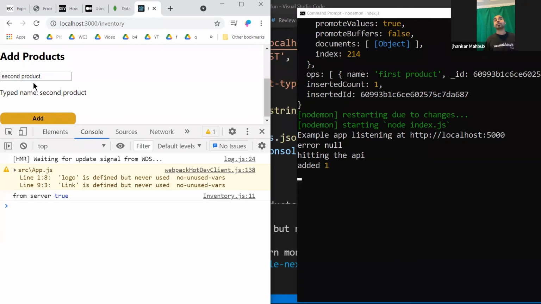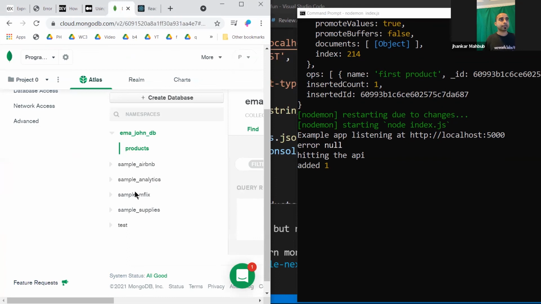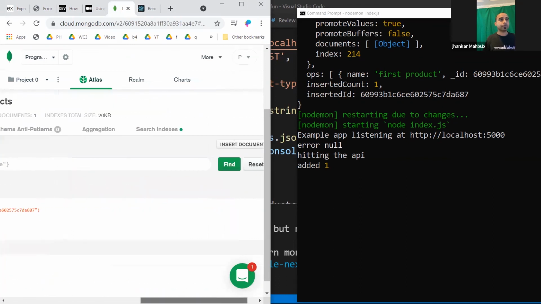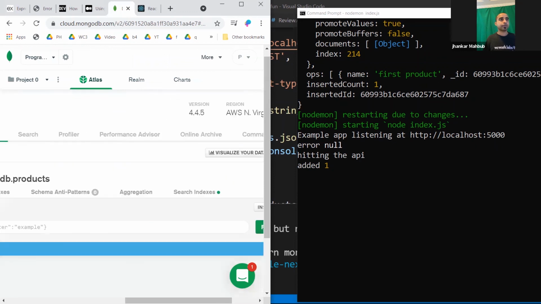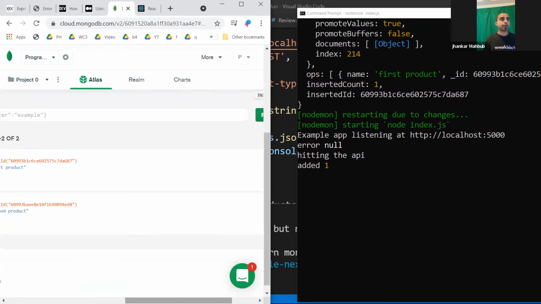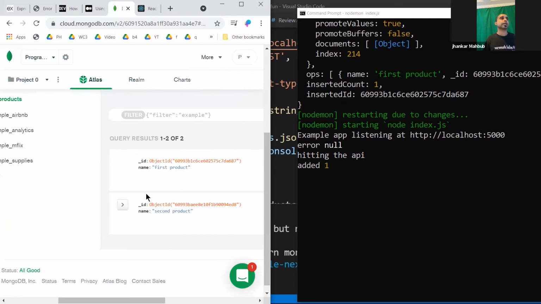That means it's coming from the server, and we can give some kind of confirmation information for the user that this is added. If you go to the database and refresh, it will tell you that now you have two products. One is the first one, this is the second one.